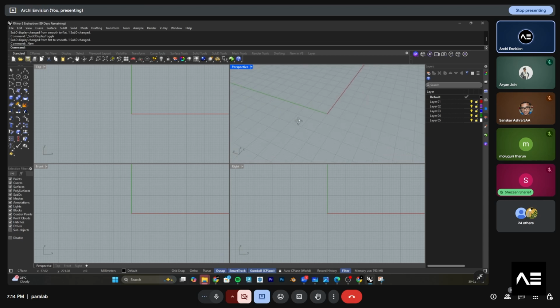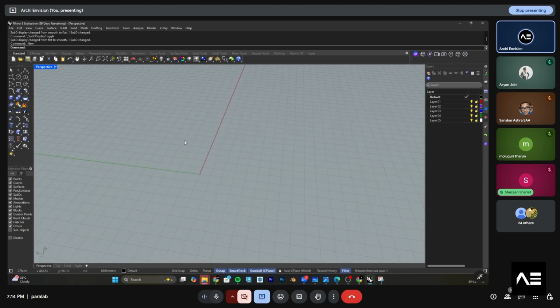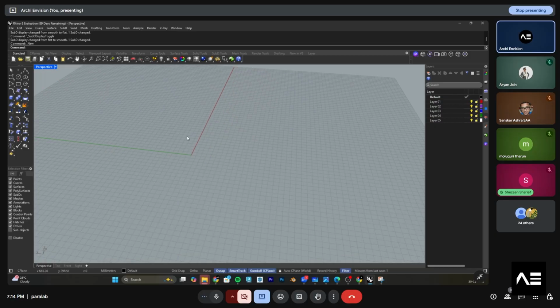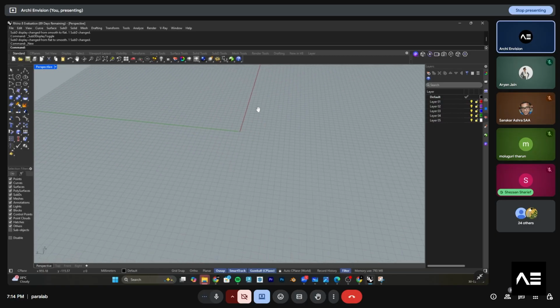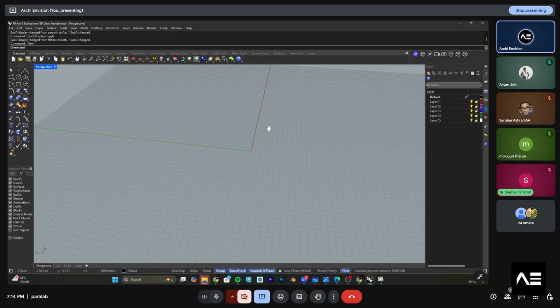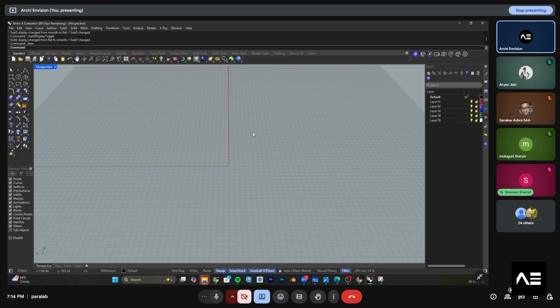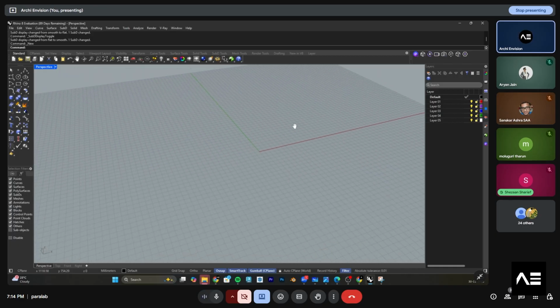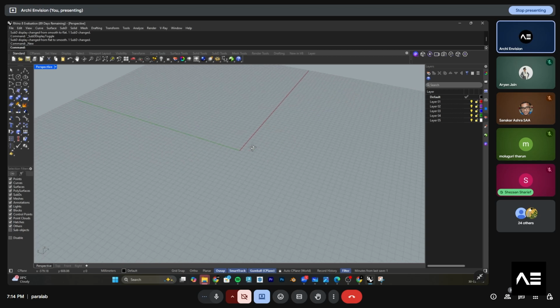either axes. So here we will have the plane. Okay, I'll double click on the perspective, and I zoom out. Scroll down will be the zoom out, scroll in will be the zoom in. These are all the basics. And shift right click will be the pan. So this is how it will be. Rotate, shift right click will be the pan. I'll make sure that these are the basic commands you need to know.